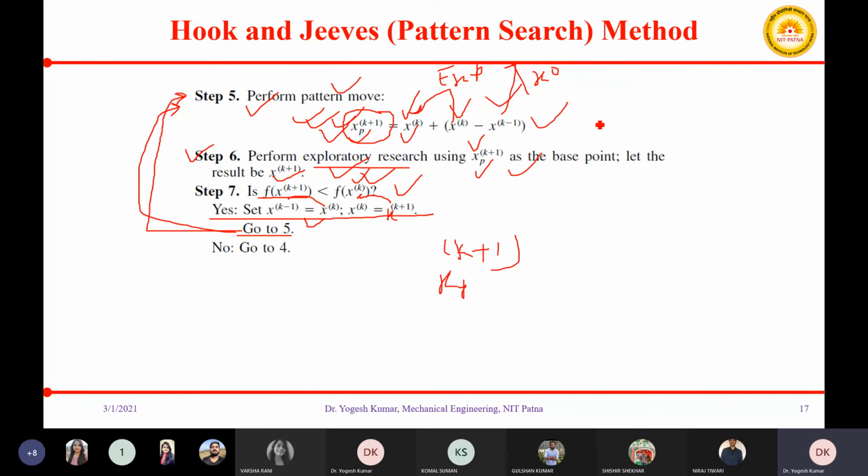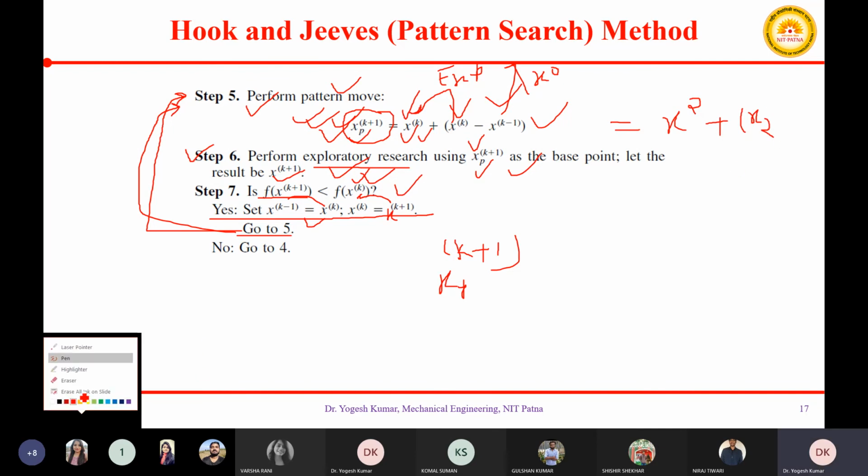So this will be your xk plus 1. This will be x2 plus x2, sorry, x2 minus x1.